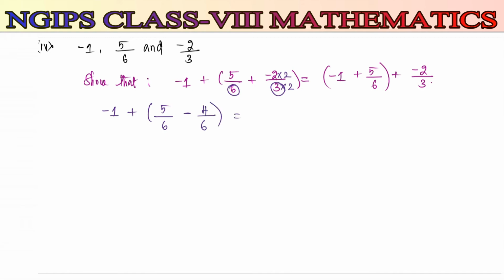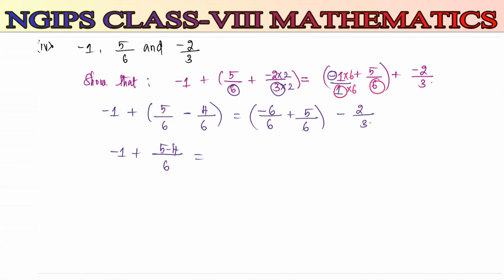is equal to, if there is no denominator you can consider it as 1 as a denominator. So here for 1 and 6 the LCM is going to be 6. Both numerator and denominator I need to multiply by 6 to get the denominators equal. So here 1 into 6 it is 6. We have minus, so I will write here minus 6 divided by 6 plus 5/6 plus into minus minus 2/3. So here -1 plus, denominator is same, I can write only once, 5 minus 4 is equal to, here we have -6 plus 5 divided by 6